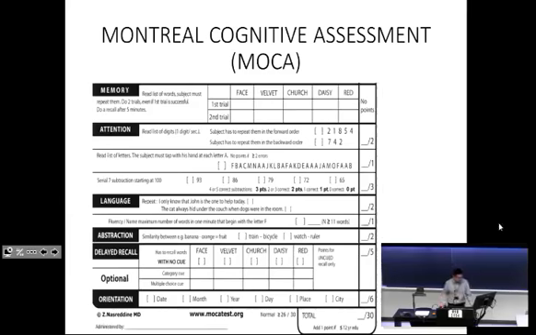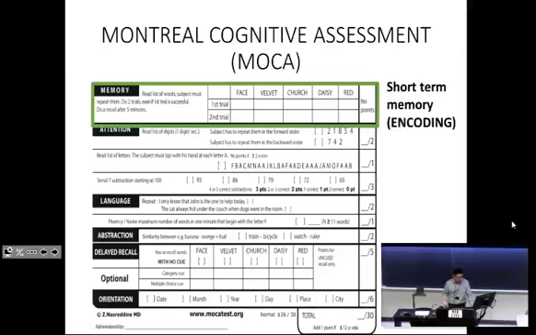Okay. The other thing is that the words are a lot more complex, right? Not everyone uses words like velvet and daisy on a regular basis. So those are lower frequency words. It tests your memory just a little bit more. And the important thing is that not only is there an encoding task, but in the delay task, there is a cued component. Now, we don't actually score the cueing, but this is where it's important to treat the MMSE